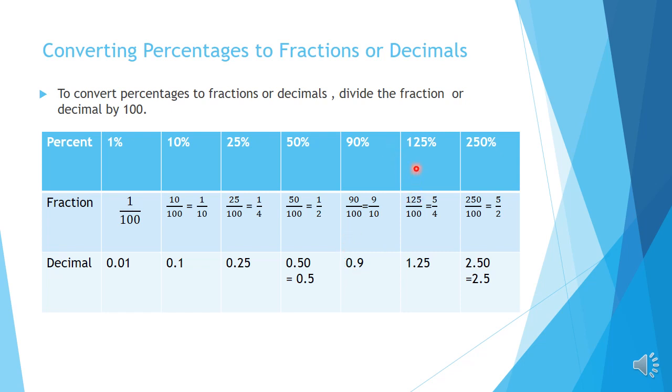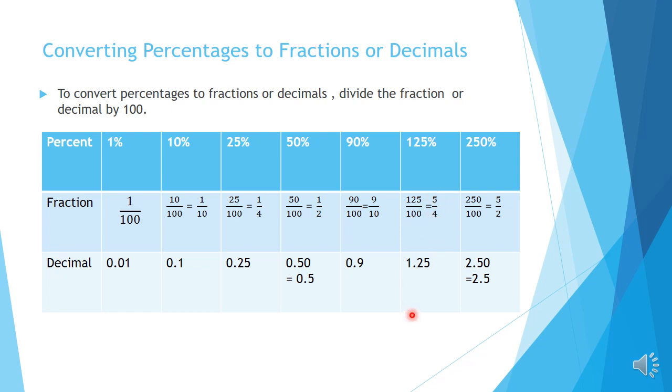Next is 125%. 125 by 100. And here, children, we can cut by 25. 125 we can cut by 5 times, and 100 we can cancel by 25, and we get 4. So the fraction is 5 by 4. Or you can cut with different steps with 5, and we can get the answer. Simplification is your method, you can do it any way. Okay, children, so at simplification time we get 5 by 4.